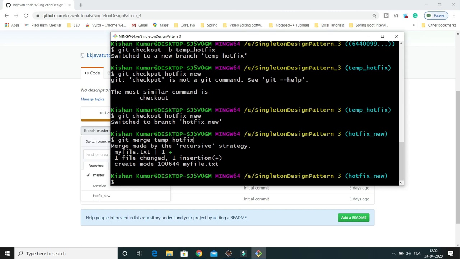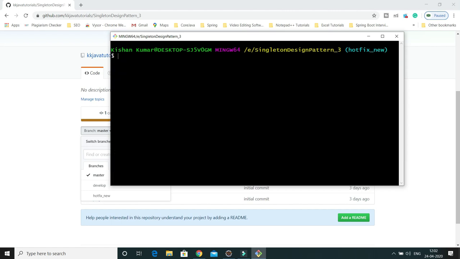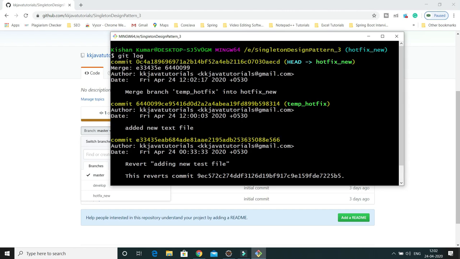If I do now, let me clear this terminal. If I do git log, then here you can see our latest commit. So basically this branch merged into the hotfix underscore new. So that's all I have in this video tutorial, guys. I hope you understood when basically you can use